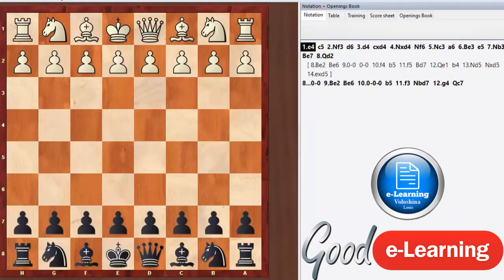So the classical Najdorf was named after an Argentinian grandmaster named Miguel Najdorf, who played against Bobby Fischer several times and famously lost a game in his namesake opening, the Najdorf. Bobby Fischer used what then was considered a novelty. It was the Adams attack, which we're going to learn in this course, to defeat Najdorf himself in his own